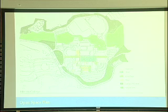This is building R where we are. And one of the things we want to look at is the development of some new corridors in the campus. The next one will show a little better. But in the landscape, this is sort of the center of your campus. Currently, it's